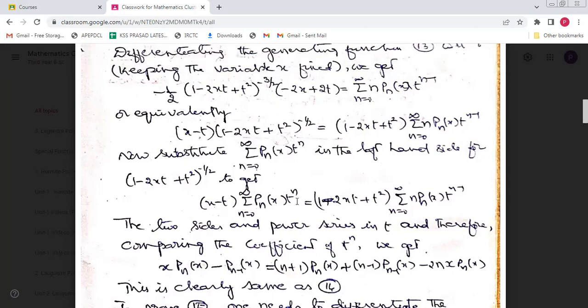Now the two sides are power series in t, and therefore we compare the coefficients of t power n. We get t power n కంపేర్ చేస్తే ఇక్కడ మొదట x into summation Pn of x వస్తుంది. తర్వాత టర్మ్ t power n రావాలి అంటే n minus 1 పెడితే t into t power n that becomes t power n plus 1. కానీ we are comparing with the t power n కాబట్టి this becomes Pn minus 1. సో ఇంతకు ముందు చేసినట్టుగానే మనం చేసాం n plus 1 into Pn of x plus n minus 1 into Pn minus